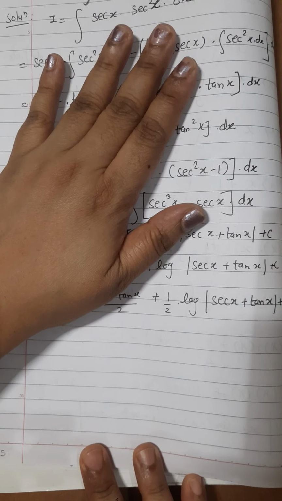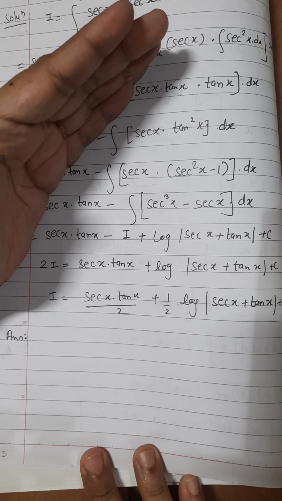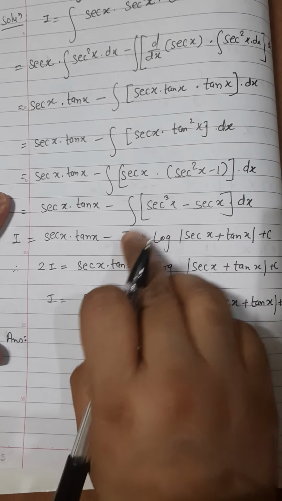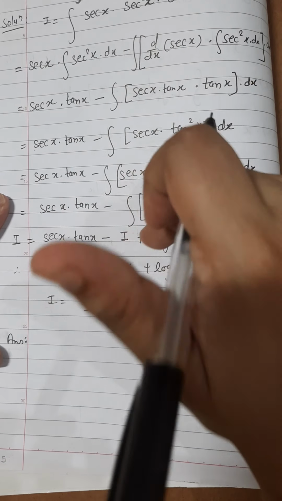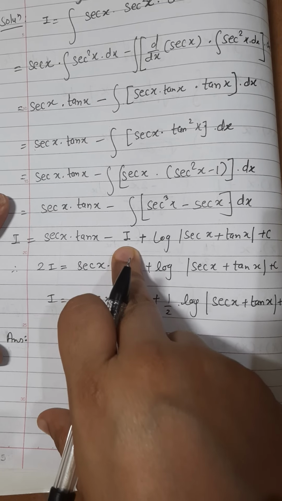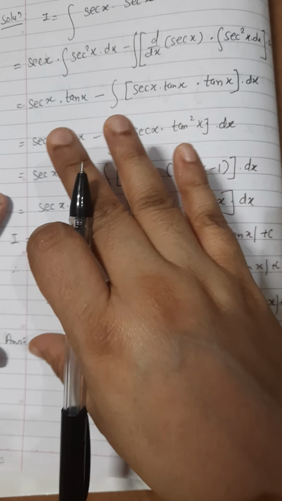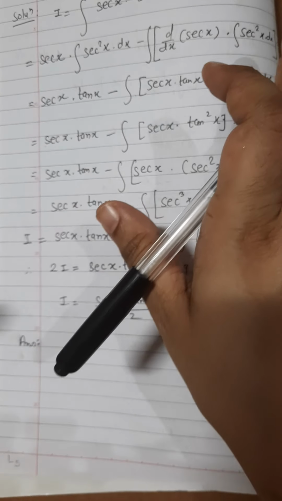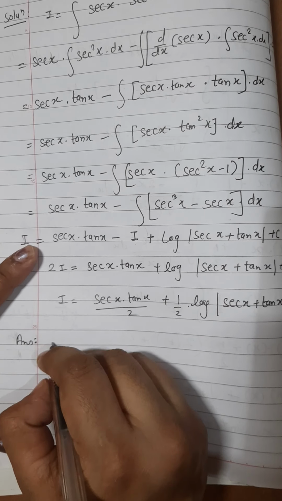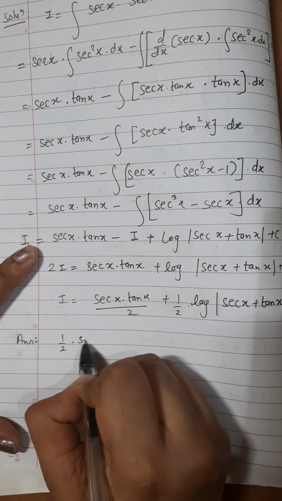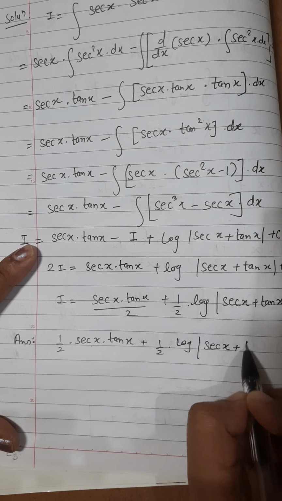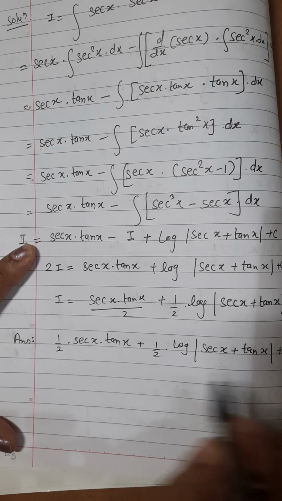So as you can see, applying the UV rule is one thing, and in the further proceeding you may have to change your course. Sometimes you have to substitute, sometimes you will get the same integration as the question they have asked for. So substitute for I, sometimes substitute for t, sometimes you may get another u into v. So have patience and solve it, don't get confused while solving. So the final answer is half into sec x tan x plus half into log of sec x plus tan x plus c.